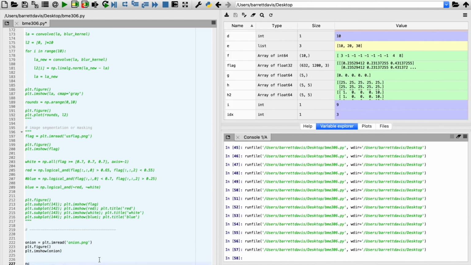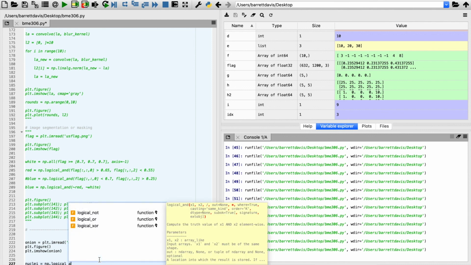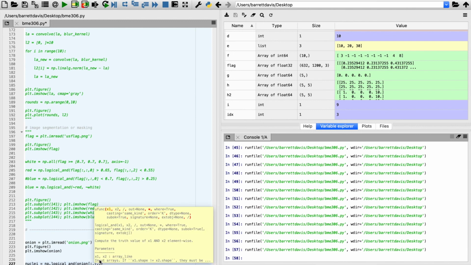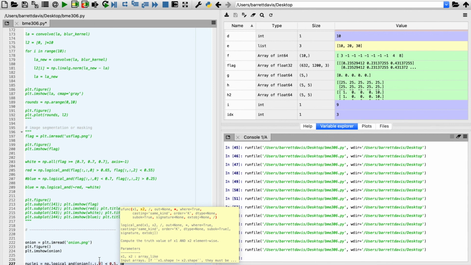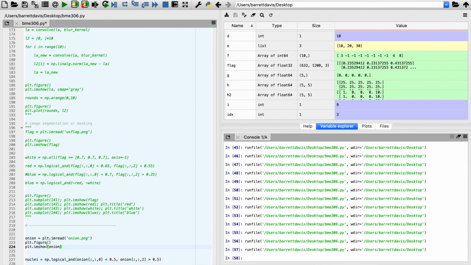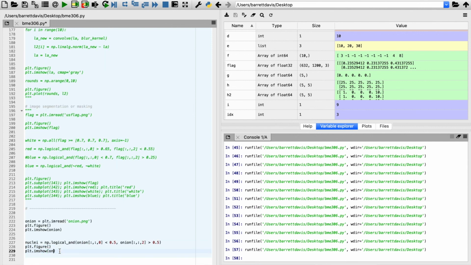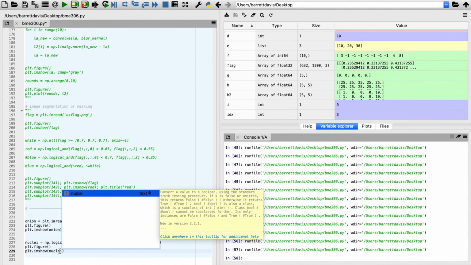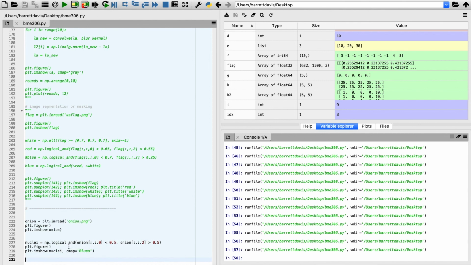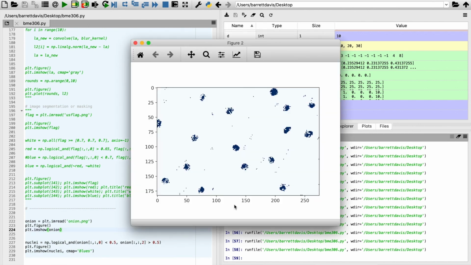So to just really quickly grab those, we're going to do what we did with the flag example and say nuclei is equal to MP logical and where the onion at every row and column, the red channel is less than 0.5, and at every point along the blue channel is greater than 0.5. I'll use a color map, blues again. Run that, and